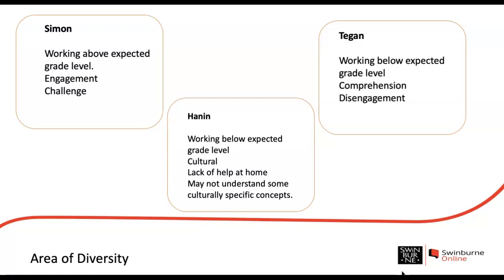So from the scenario, we know that she's decoding quite well, so decoding is not an issue. That's not an area of diversity that we need to focus on, but comprehension is. She's just not able to fully comprehend what she's reading. She's having some issues, maybe with using some of the strategies that she's been taught in previous years. And my issue to do with her is what we see with a lot of struggling students. So this would be worth doing some research around